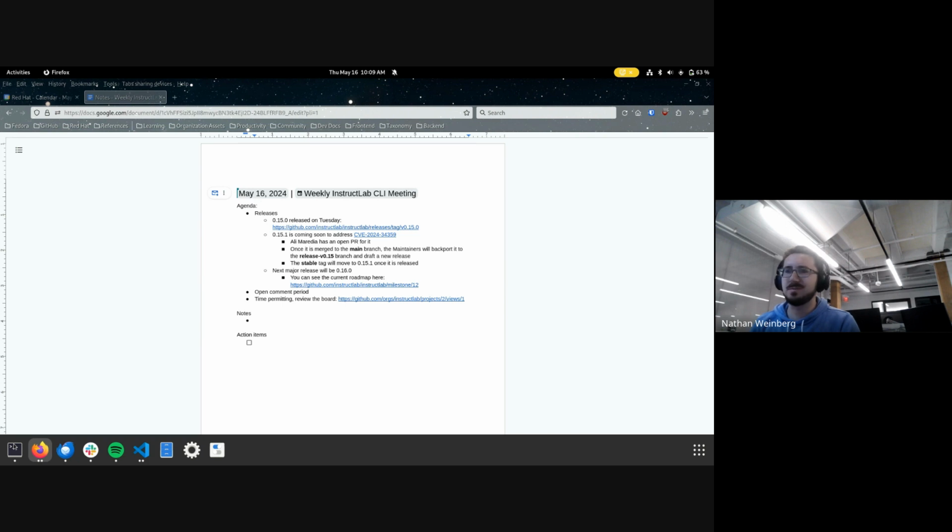This is our first weekly InstructLab CLI community meeting. This was previously an internal meeting, but we're now opening it up, post-summit, to the community so we can start getting more feedback and open things up and be a bit more transparent about what's going on on the CLI side of things. This is a relatively new meeting, so we have not a ton of attendees today, but